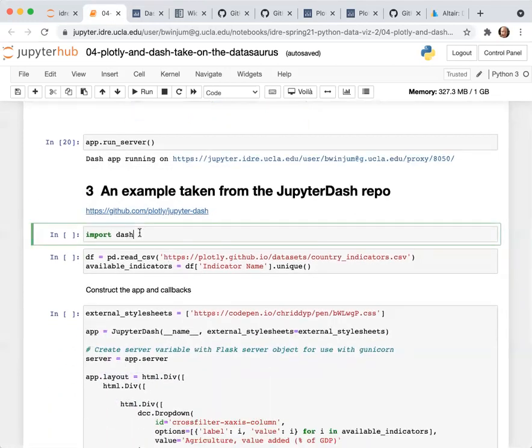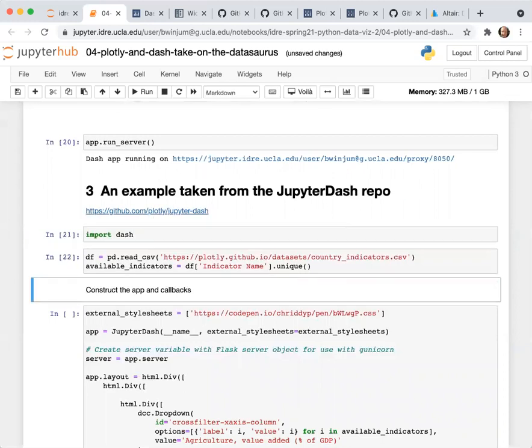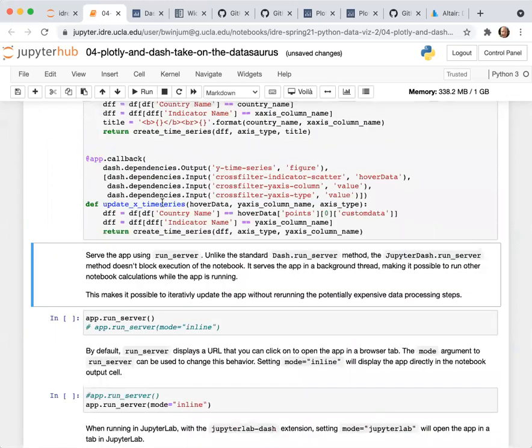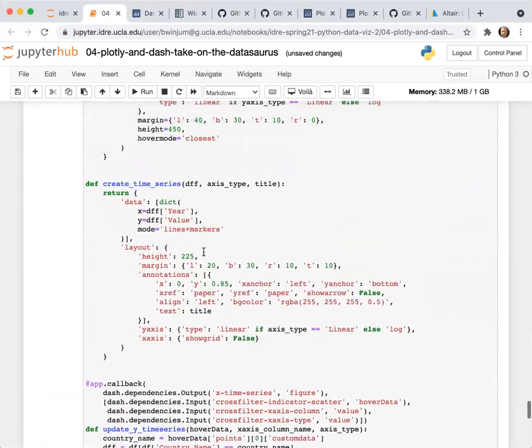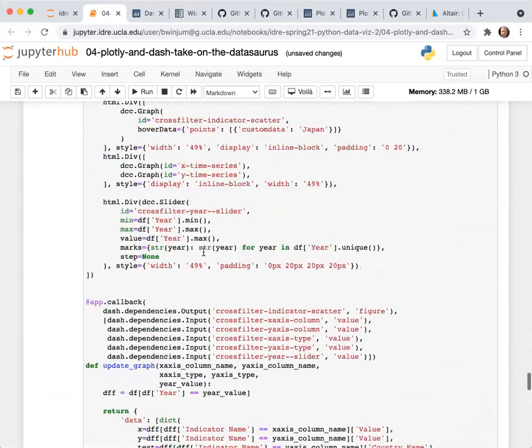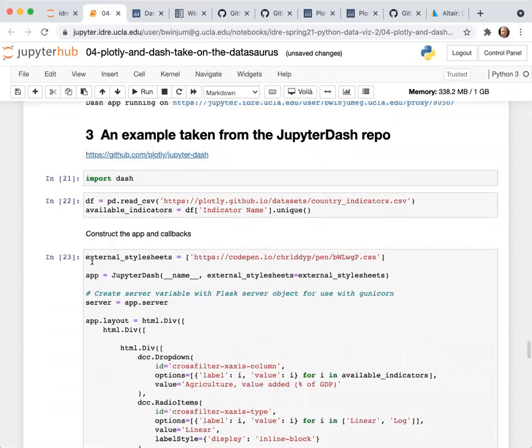I'm going to show you an example from the Jupyter Dash repository, which I've included as a link here, that shows a little more advanced dashboard. Just make sure it executed.